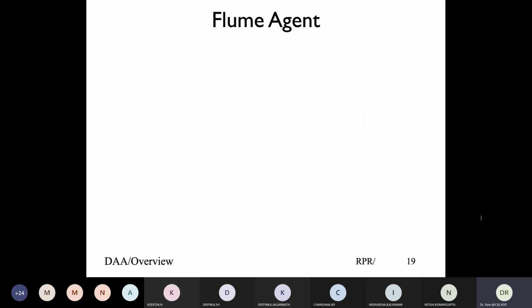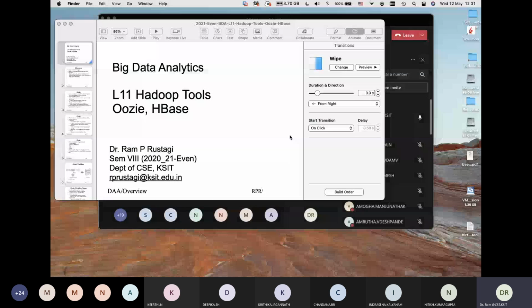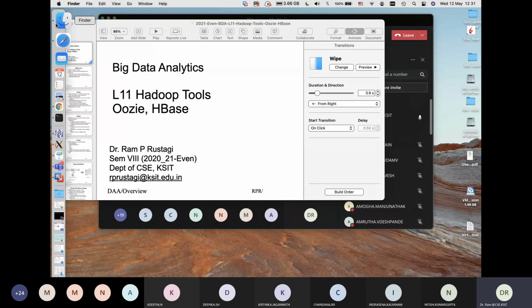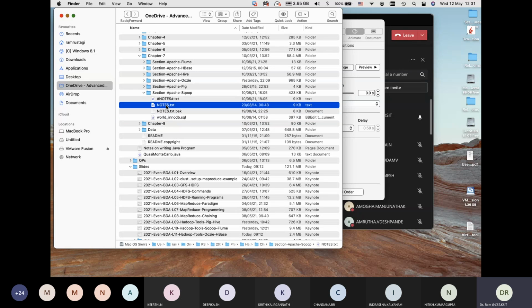Just to give you a very, very high level overview of Flume, you can install it and run it, and installation instructions are given by the author. So you can look at chapter 7. If you open chapter 7 in the programming part, you'll see details: section Flume, section Hive, section Oozie, section Pig, section Sqoop, and in each you'll find a file called notes.